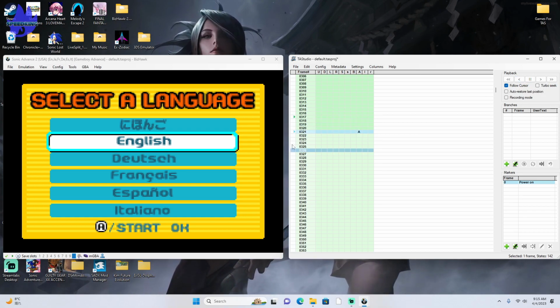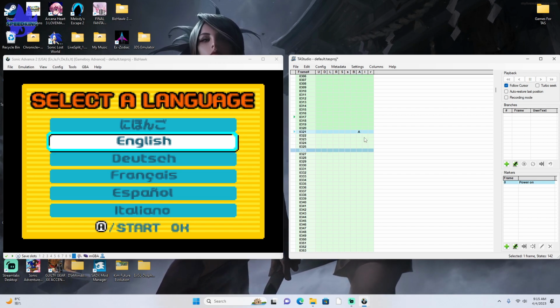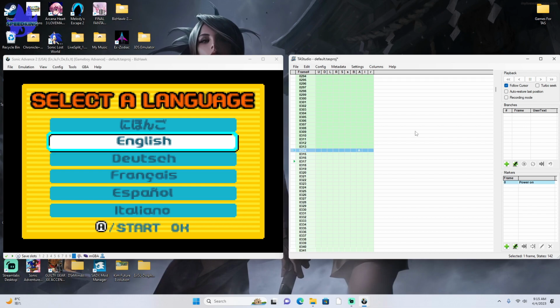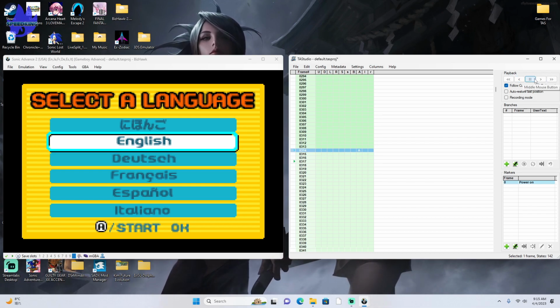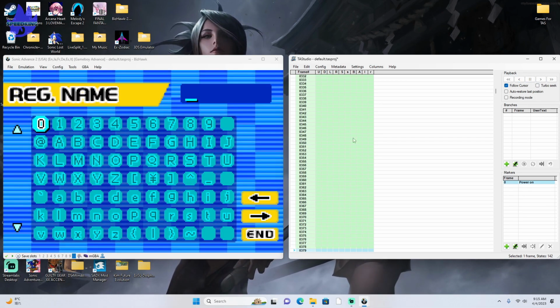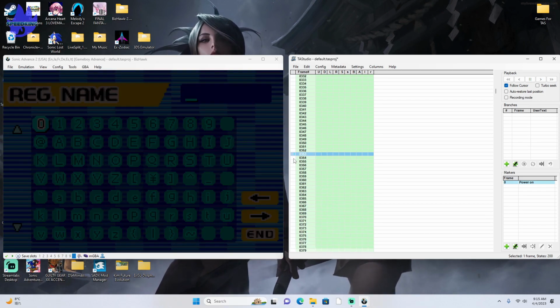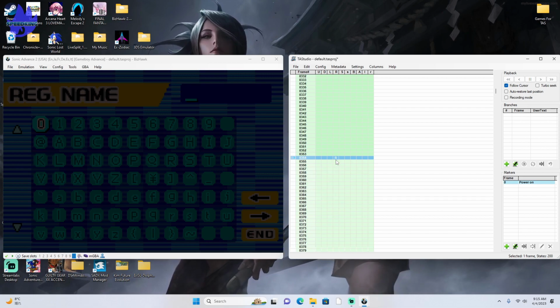But yeah, so if you go over here and let's try to figure this out. So I definitely can't do it over here. If I go down a little bit, go down a few frames, pretty sure I can press the A button right here. Yep, that went in. And then let's see how early we can start inputting stuff. So if I move right,